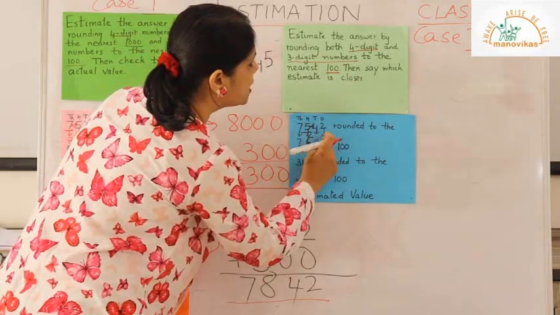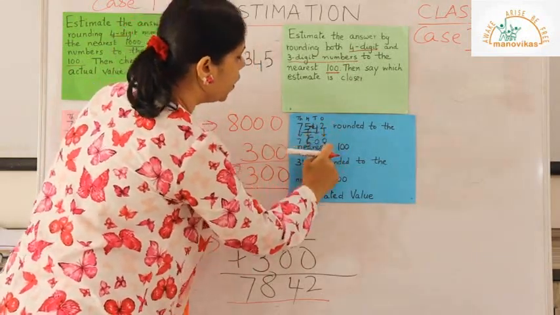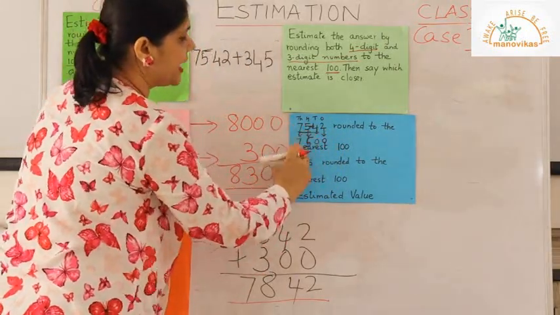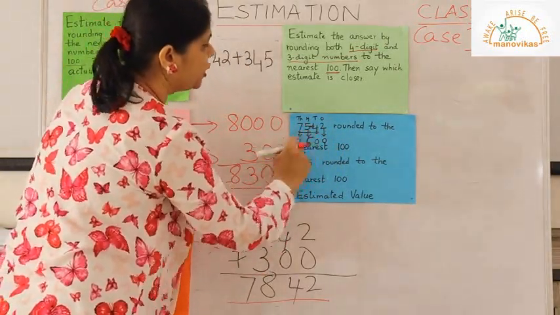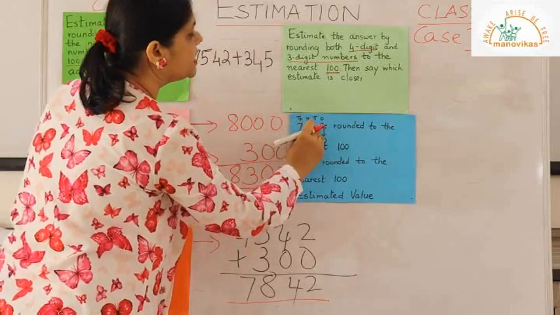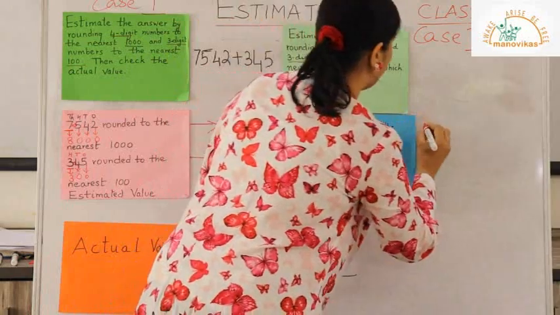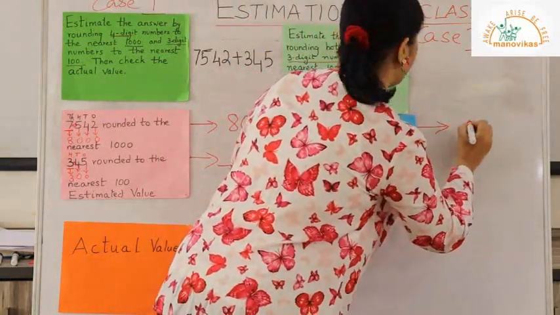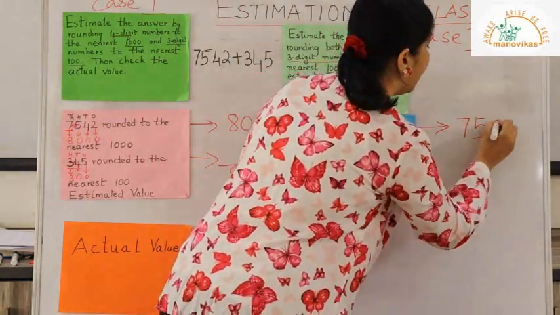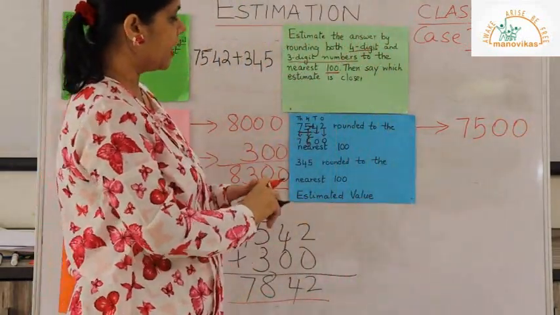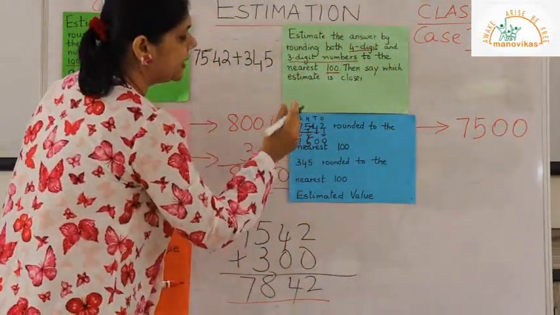The other digits will remain 0. And the digit in the thousand place again remains 7. It will not change. So this 7542 rounded to the nearest 100 will give us how much, children? 7500. Now let us round the next number, that is